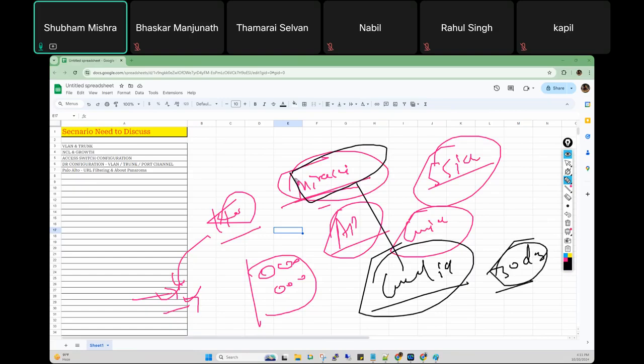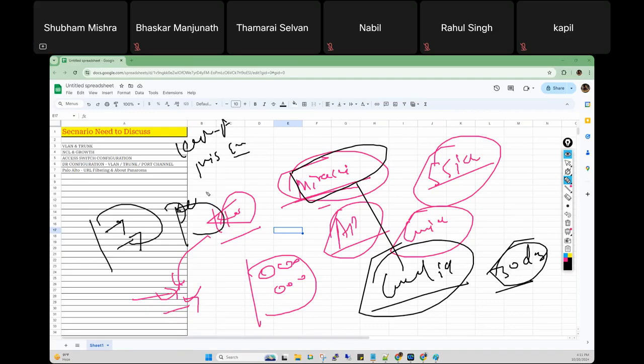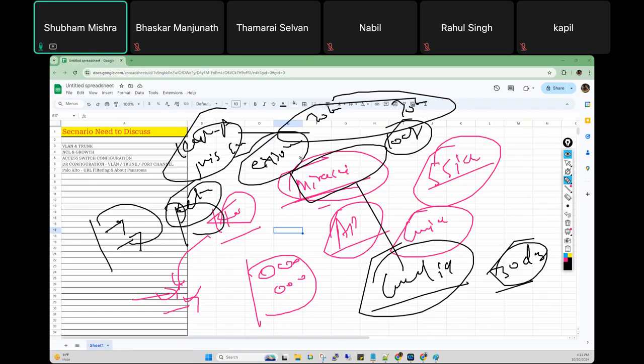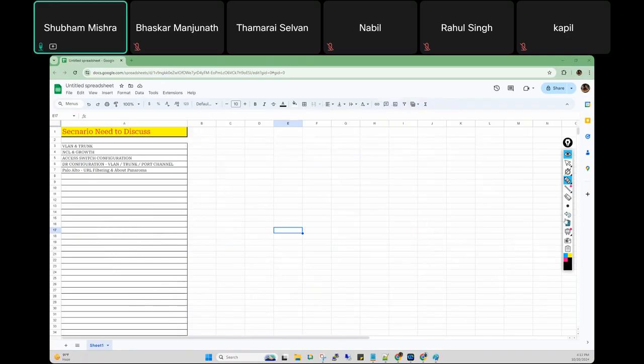It means, for example, your name is Kapil Mishra. This is your first name, this is your last name. On Meraki, you put Kapil Mishra, then select the date from when you are visiting the office. For example, you are going to visit the office for 10 days, so you will create the guest ID for 10 days. After 10 days, that user ID and password will automatically expire. That is called guest ID. Getting my point? Anyone who does not understand? Clear?